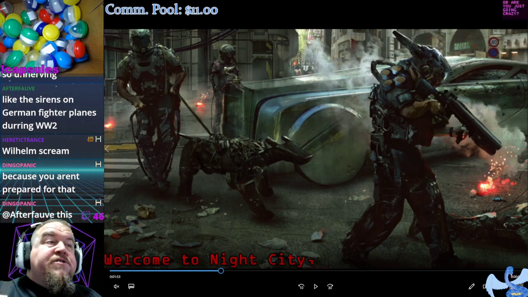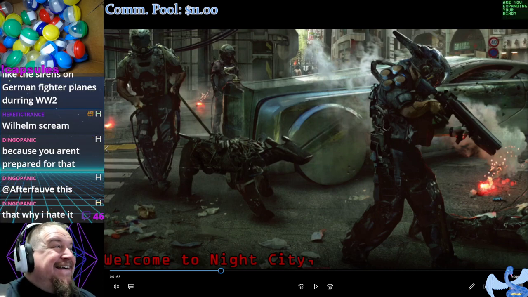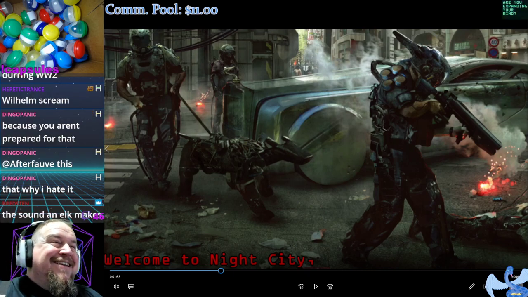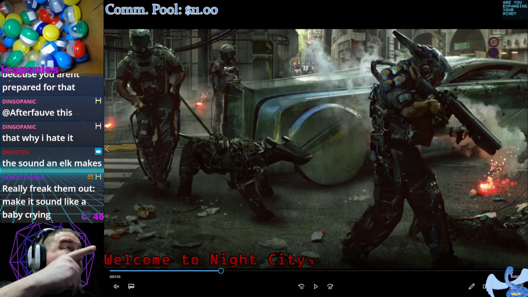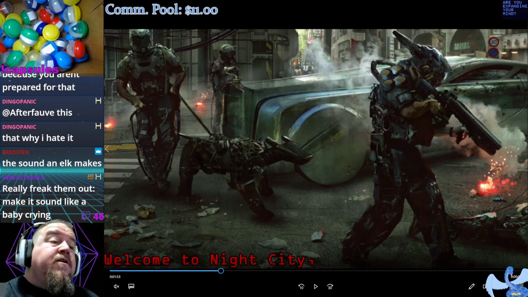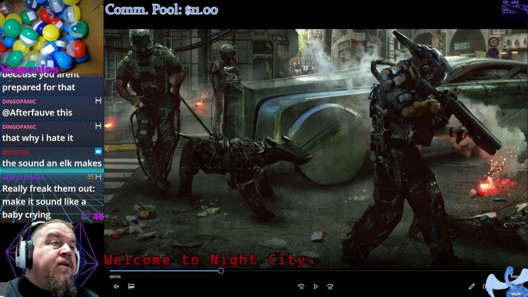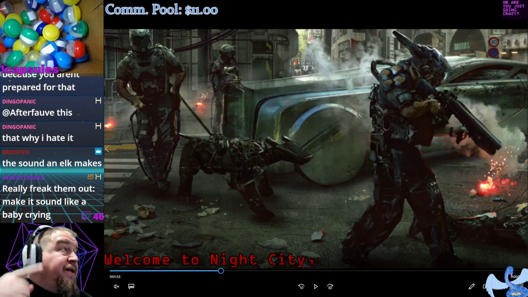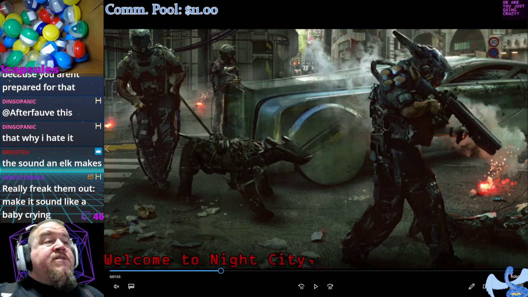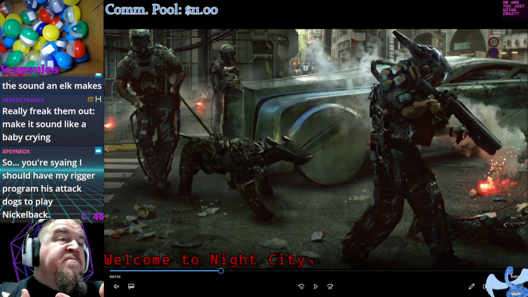Delport says that's why hyenas are so unnerving. Like the sirens on German fighter planes during World War II. The Wilhelm scream. Yeah, you're not prepared for it. And when you can load in any kind of voice or voice maker into yourself or a robot or something like that, yeah, you could have an enforcer robot. So when you're making the scene,